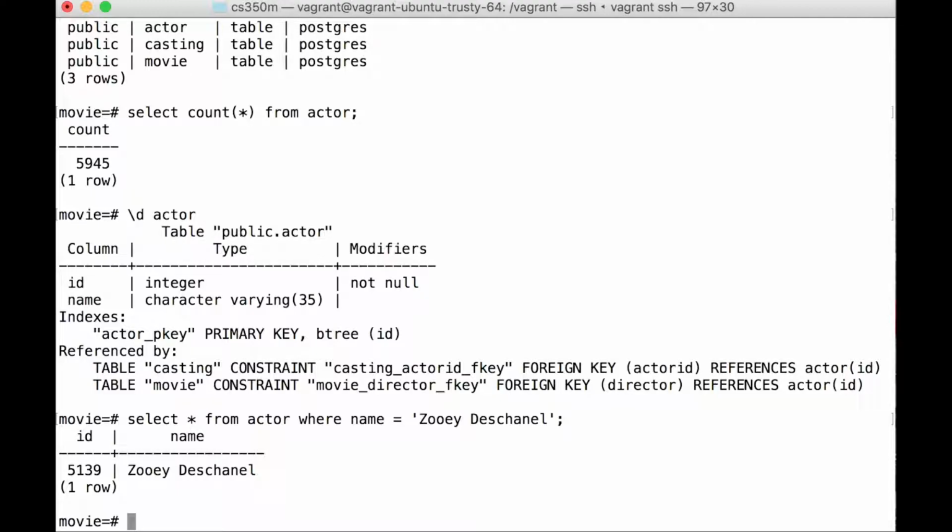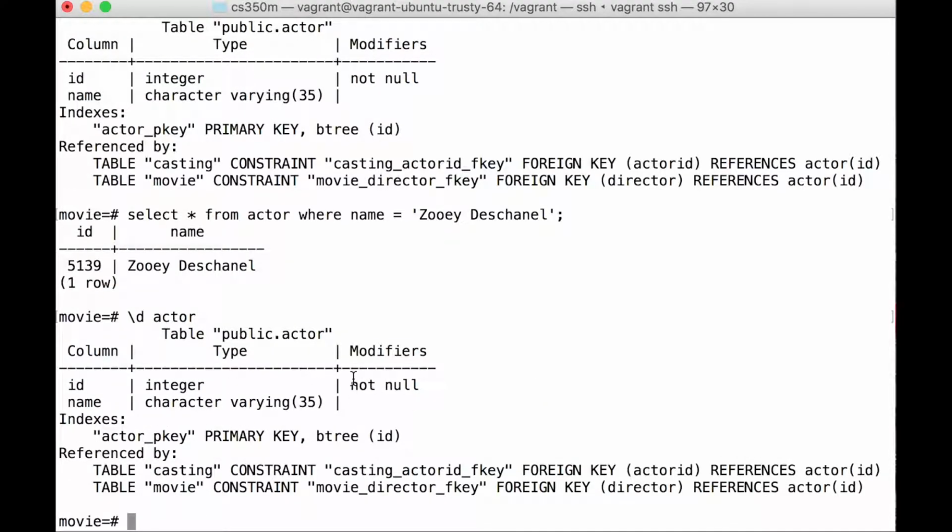If we're trying to search by name, for example, we know from earlier computer science classes that even with 5,000 entries, going through linearly one after another searching for that name is not the right way to go. And if our table was larger, a more realistic size for on-the-job databases, where we might have 1 million entries in a table, definitely linear searching is not the way to go. Fortunately, Postgres does create a binary tree type structure, in a particular instance called a B tree. You can look that up in Wikipedia for details